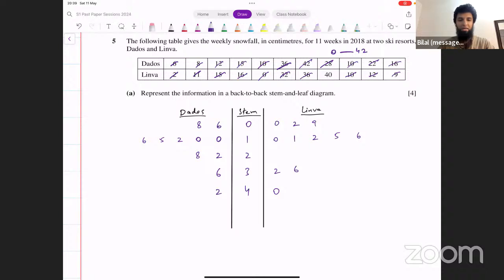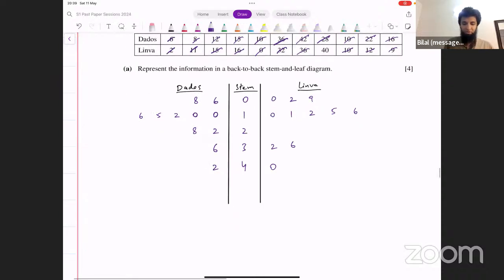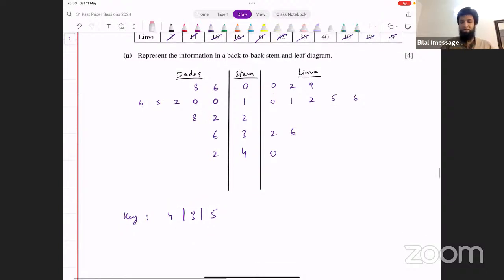And you also have to write down the key. There's 1 mark for writing down the key. What's the key going to look like? You'll draw 2 vertical lines, write a number in the middle. Any number, let's say 3, and then maybe 4 on the left side, and then maybe 5 on the right side. Now, this does not have to be there in your stem and leaf diagram. You can write any numbers, and all of these numbers should be different. Do not use the same numbers anywhere here. Stem should be different. The number on the left side should be different. The number on the right side should be different. Otherwise, the key will not be clear. You would say this means